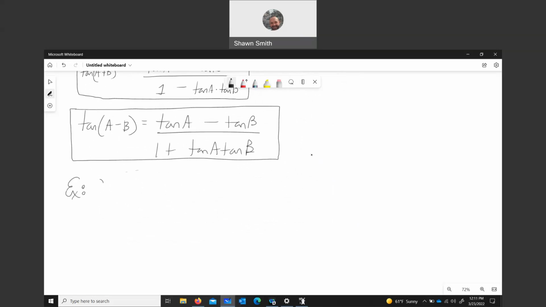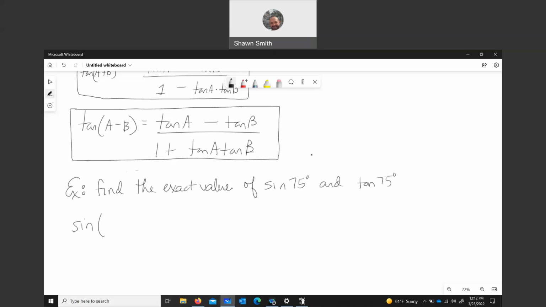Find the exact value of, let's do sine 75 degrees and tangent of 75 degrees. We already did cosine of 75 degrees. We knew what that number was. We can do that if we wanted to. But just using our formulas for this,